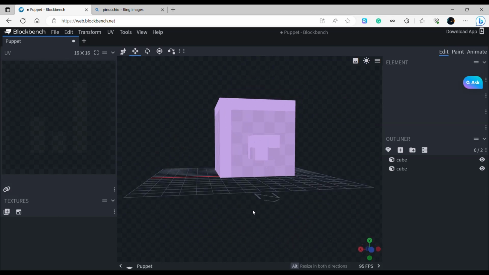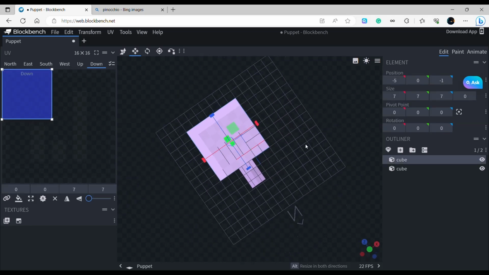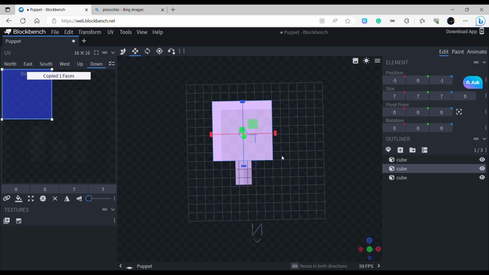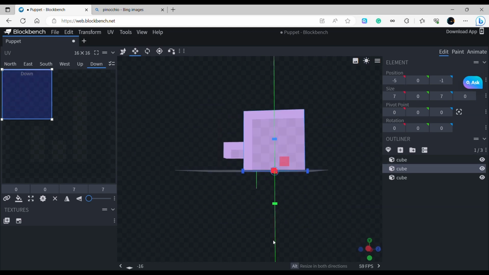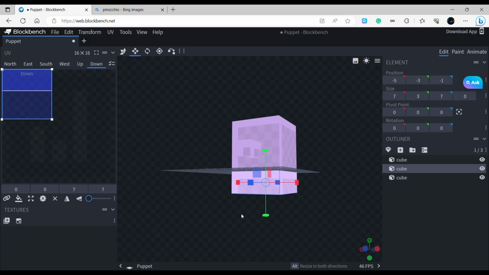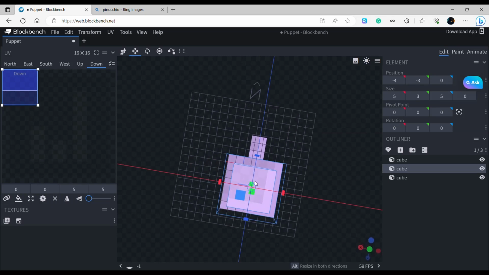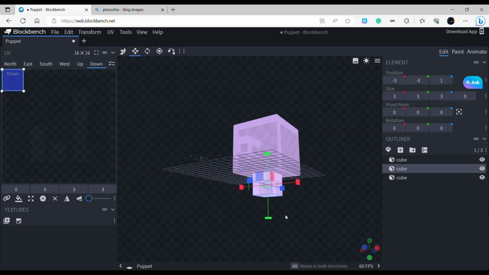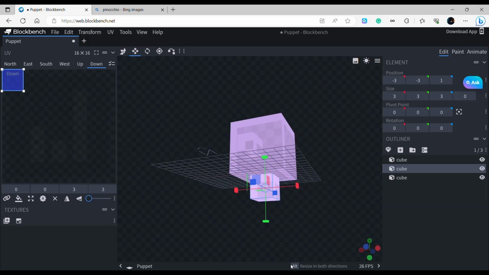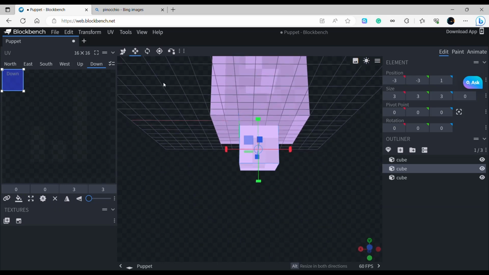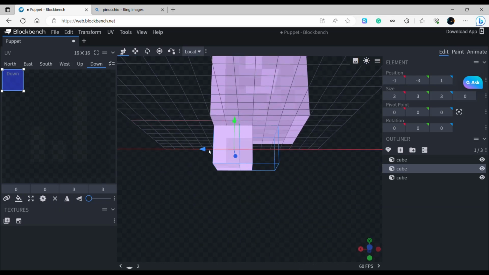So since we got that done, we can work on the legs. So for the legs, we can just copy the element again, drag it like that, and let's shrink it using the tool. And I think little chubby legs are perfect. So let's now just move it like that, copy it,